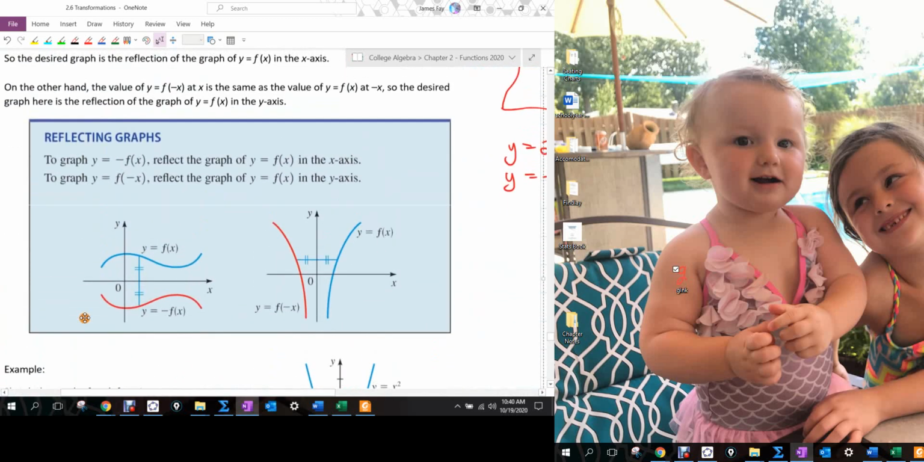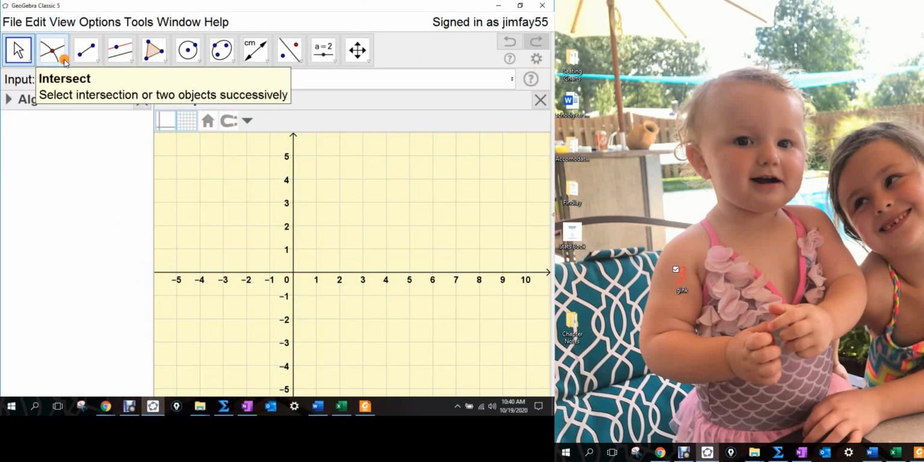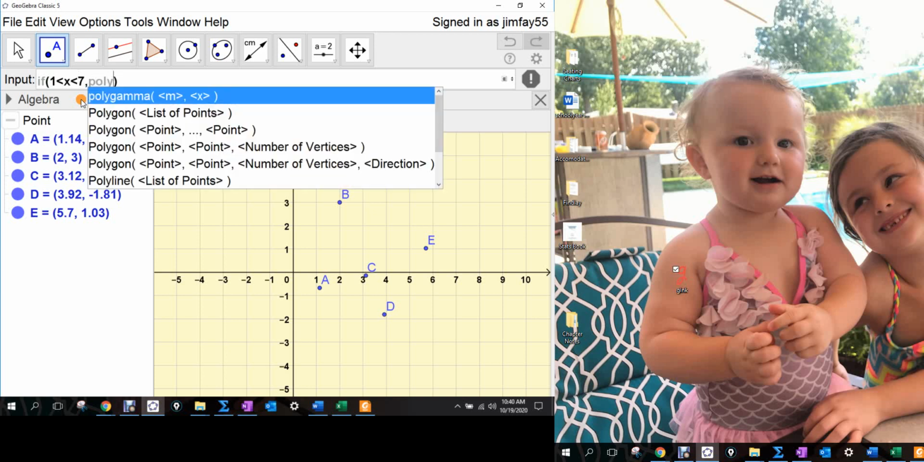So now instead of looking at the opposite of f of x, let's look at f of the opposite of x. There I'm negating the x before I run it through the function. Does that make sense? So if I'm in GeoGebra here, I'm just going to create some random function. So let's say, between 1 and 7, then polyfit